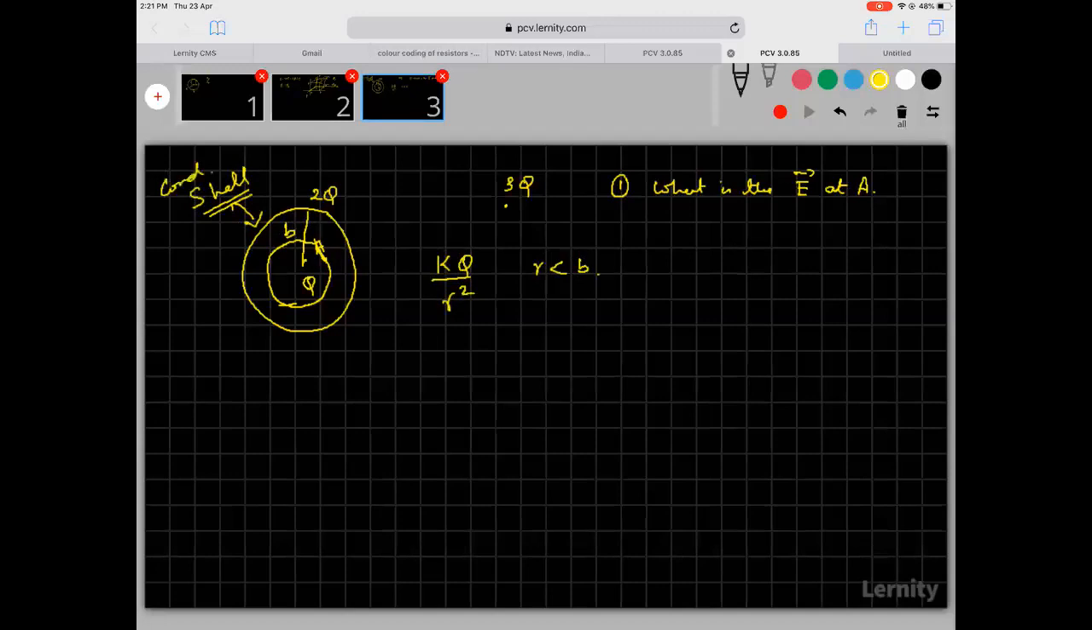So now the point to understand is that there is a charge 2Q, which does not affect the electric field. 3Q also does not affect the electric field. The electric field inside the shell is influenced only by the charge which is inside. Now, why? Because this shell shields this point A from 3Q. The shell provides the electrostatic shielding